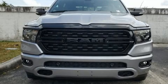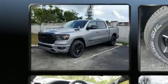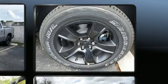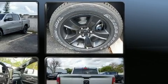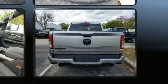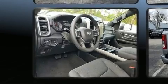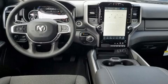Introducing the 2022 Ram 1500. This four-door, five-passenger truck stands out among competitors in its class. It features an automatic transmission, rear-wheel drive, and a powerful 8-cylinder engine. It distinguishes itself from the competition with features such as delay-off headlights, an automatic dimming rear-view mirror, an outside temperature